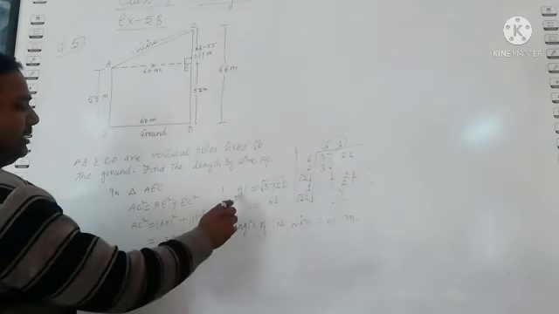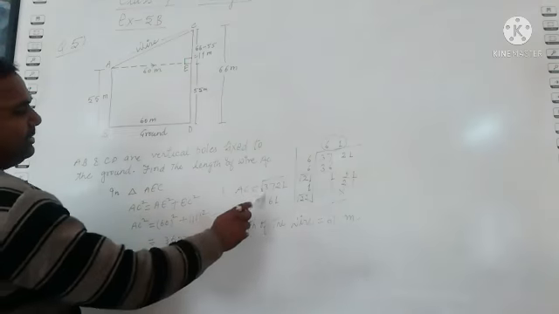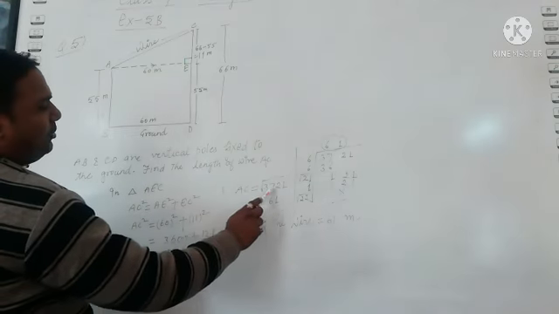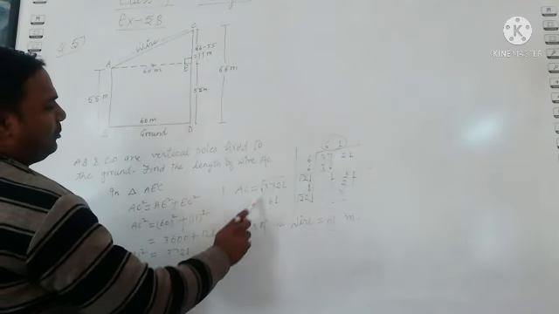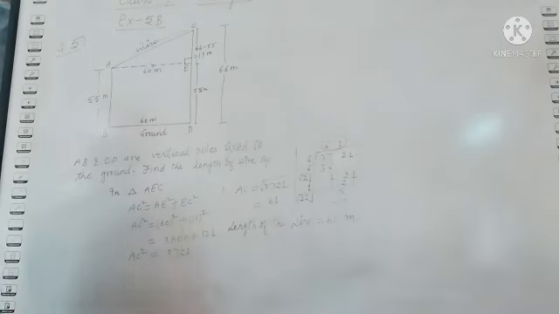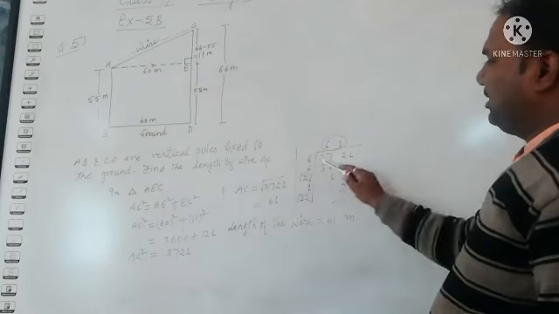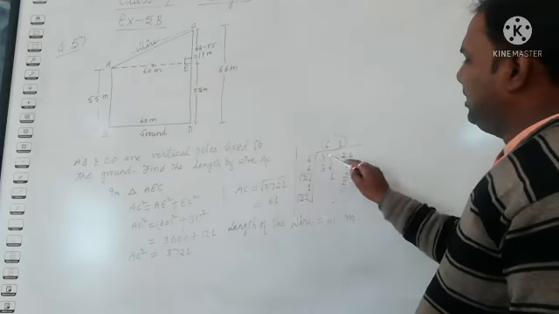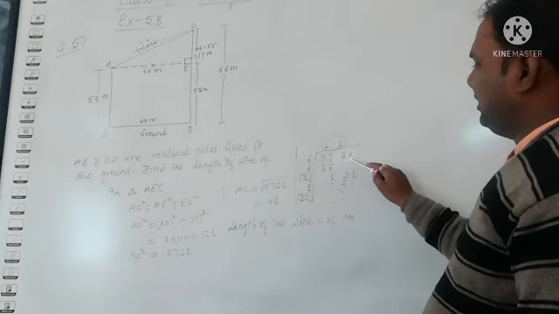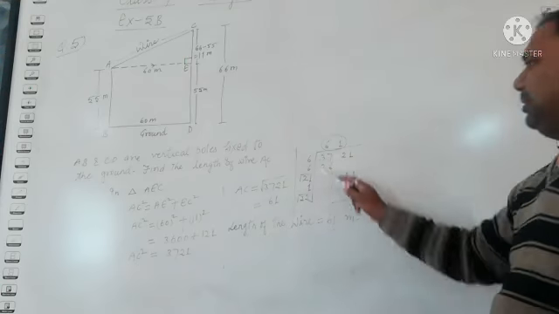So AC equals, just transpose the square to the right side, it changes into square root. So 3721 under the square root. Now how can we find the square root of 3721? This is the way to find it. Here we have to write down the numbers in pairs. So you can check, 21 is in one pair, 37 is in another pair.